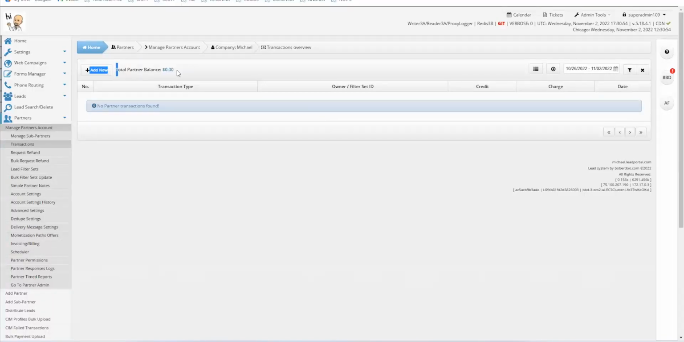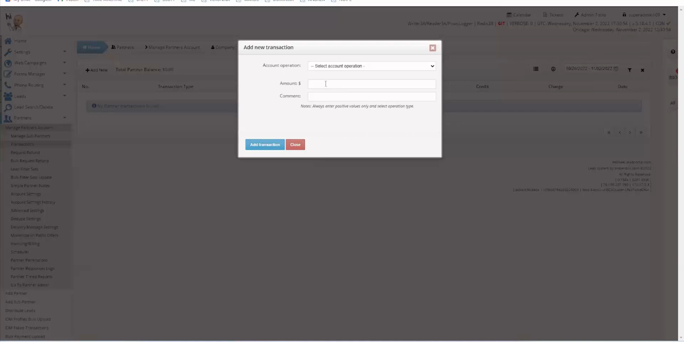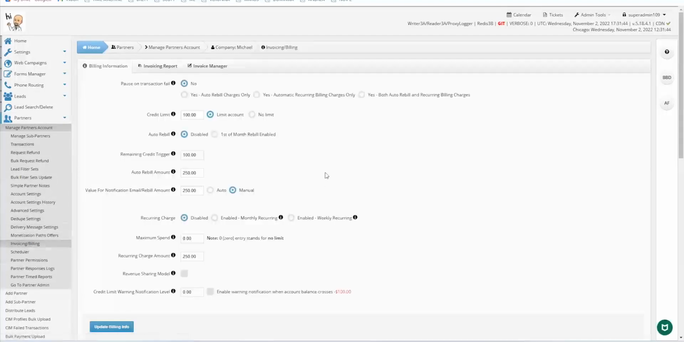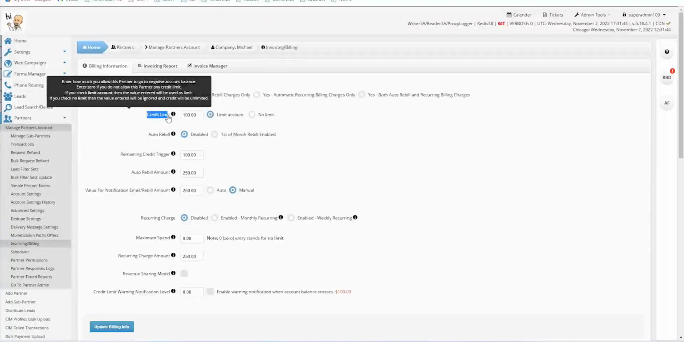You probably noticed here at the top, the partner balance is being displayed. And this add new button allows you to either subtract or add payments. So in case they had a payment on their account, say for $100, when you add that transaction, it gets itemized here as a positive, and then their balance is adjusted. So there's this that's going on, and then there's this invoicing and billing sub-tab as well. And this is worth looking at because it is all related to that account balance that we were just looking at there. So the line item here for the credit limit,